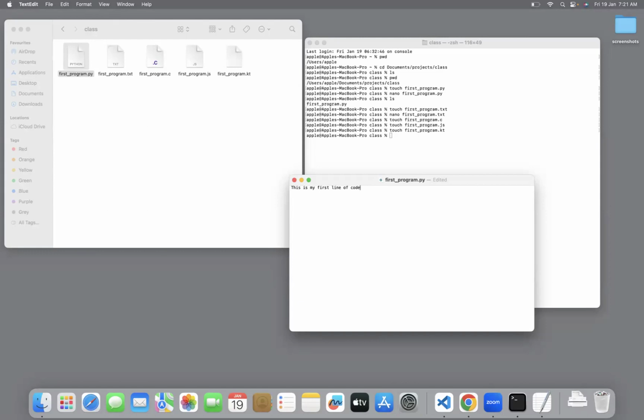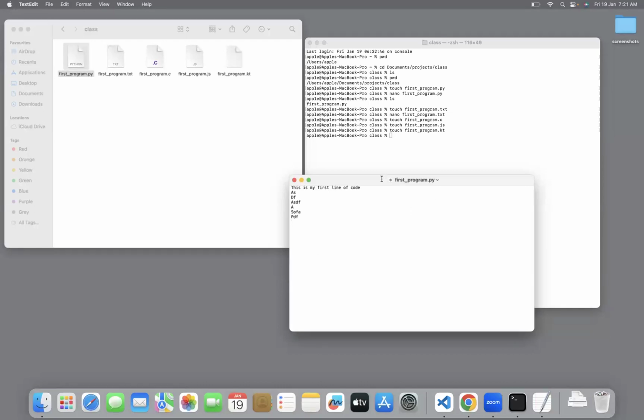Even though it doesn't have any purpose, programmatically speaking, I can edit my file something like this. Of course it throws an error. Why it throws an error, we'll see. But I can open this to edit, or to write whatever logic I have in my mind, using some tools.